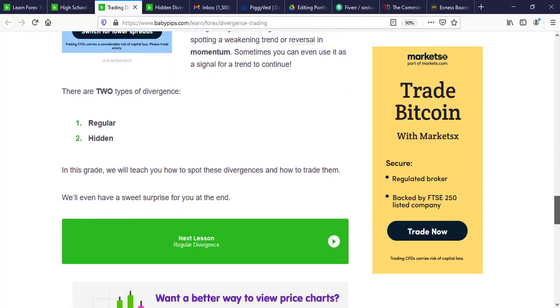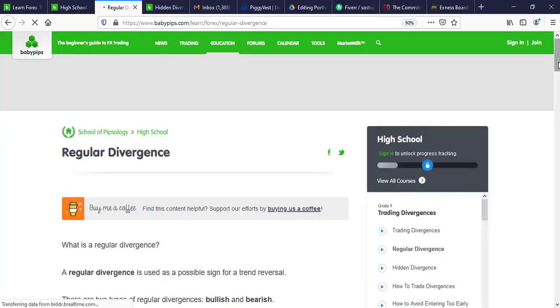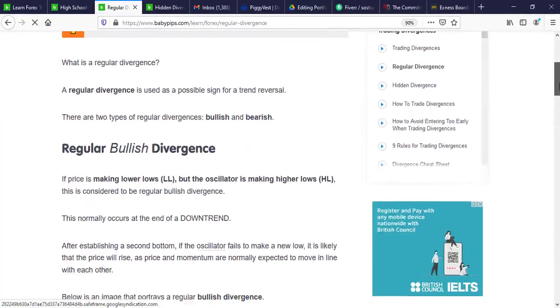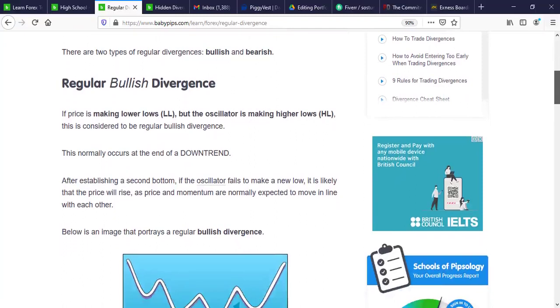There are two types of divergences, the regular and hidden divergences. Let's move on and consider the regular divergence. A regular DV is used as a possible sign for a trend reversal. There are two types of regular divergence, the bullish divergence and the bearish divergence. The regular bullish divergence goes this way: if price is making lower lows, but the oscillator is making higher lows, this is normally what occurs in a downtrend. We call this a regular bullish